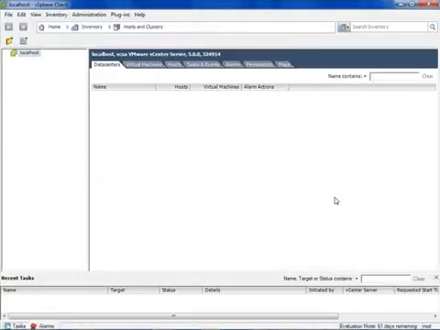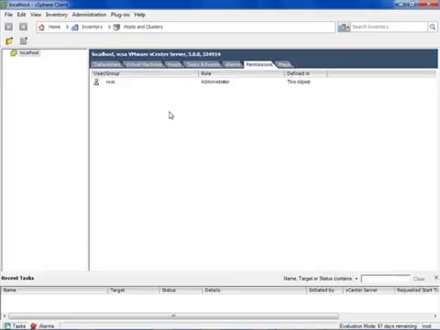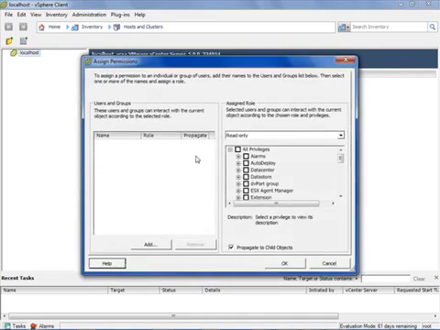And here we go. We successfully connected to our new vCenter server that's running as a virtual appliance. On the top here, you can see the host name, vCSA, and it's VMware vCenter Server version 5. So from here, the first thing I really want to do is to go into permissions. And by default here, I just have the root administrator group. So what we want to do so that we can enable Active Directory users to log in who are part of our vSphere administrative group over in Active Directory is we'll right-click right here, we'll go into Add Permission,